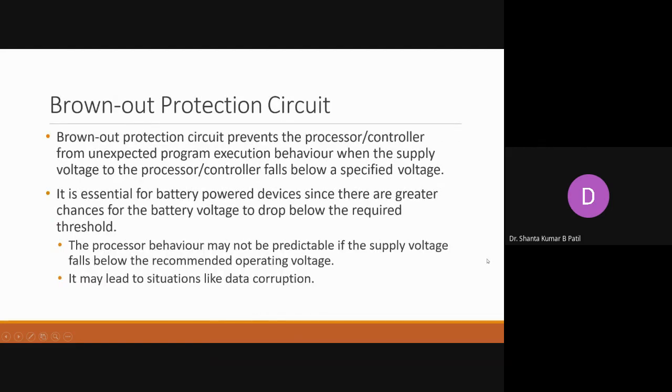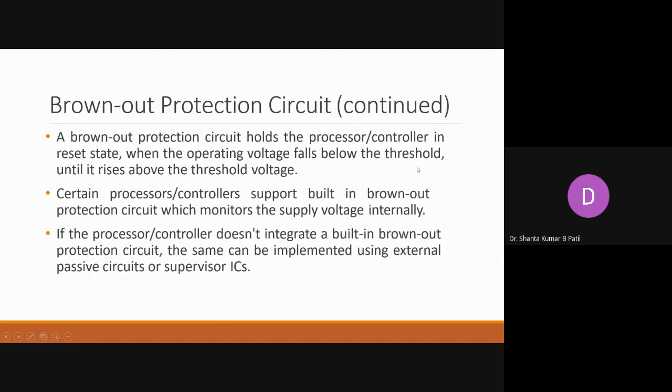So brownout protection is like a regulator. Generally we use it in electrical systems to protect the devices from high voltage or low voltage, to protect the devices from voltage surges. So we use the brownout protection circuit. It is almost like a regulator.